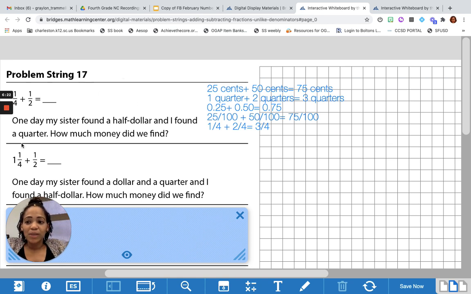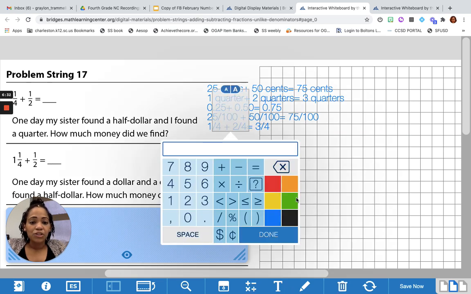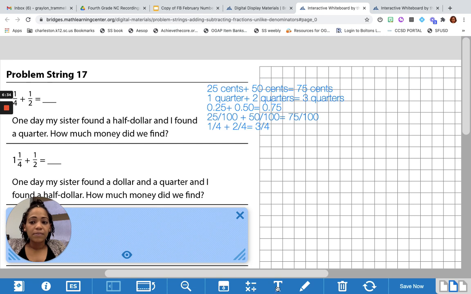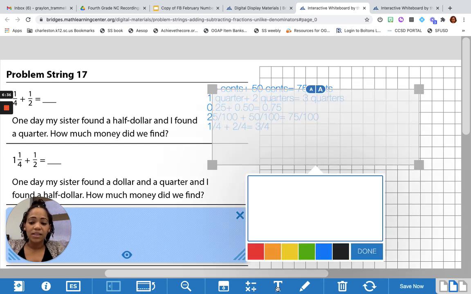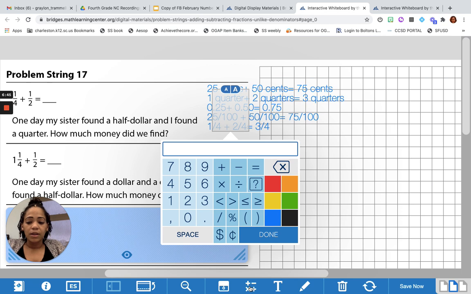Right, we can use what we did up here. We already know that 1/4 plus 1/2 is 75 cents, and now I'm just adding $1 to it. So what should I have? I should have $1.75. So I'm actually gonna, for the sake of time here, break up 1 1/4 because it's